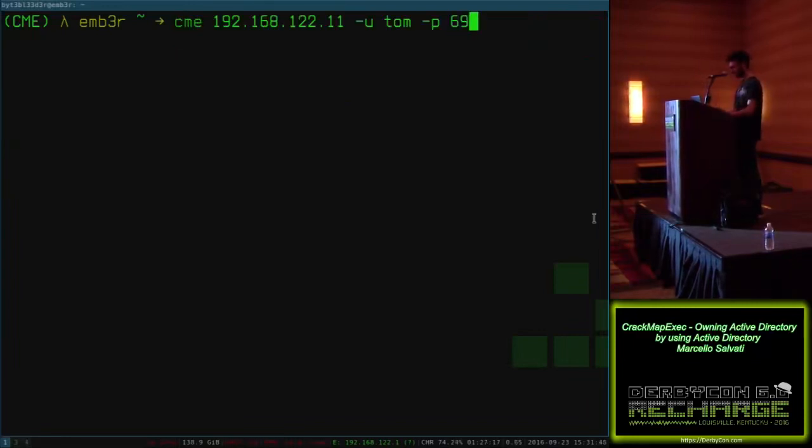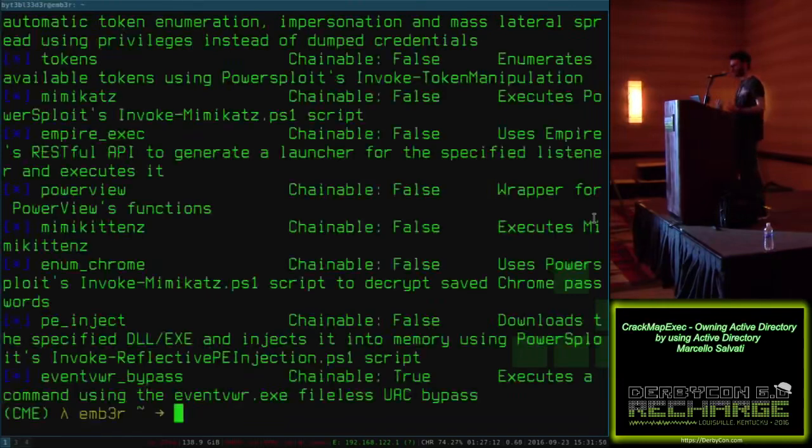But what we can do is we can use a payload module. So CME implements a concept called payload modules, which are basically just PowerShell payloads that are custom made to do certain things on hosts that you have admin access to. So in this case, I'm going to use the PowerView payload module, and I apologize again, but PowerView payload module, which is basically just a wrapper for all of the PowerView functions. And what this does,